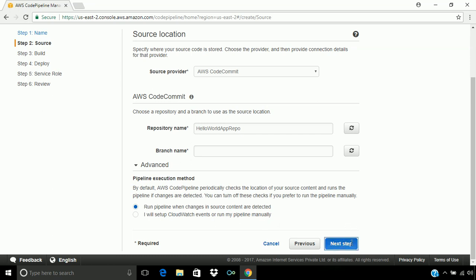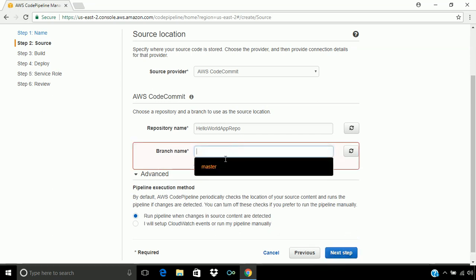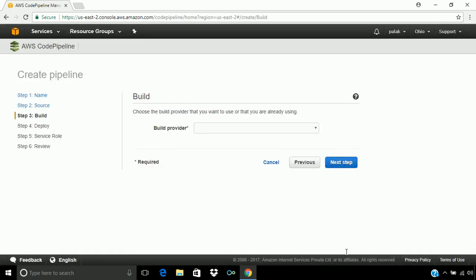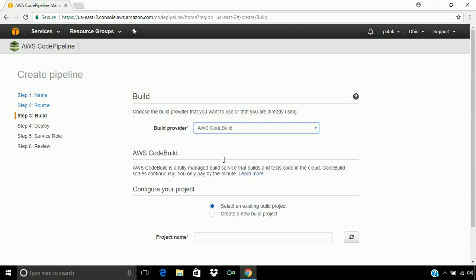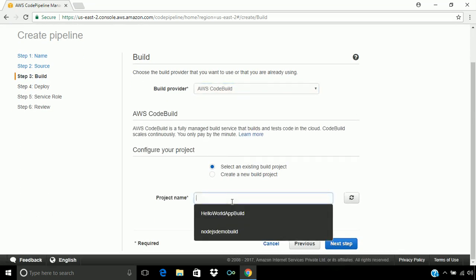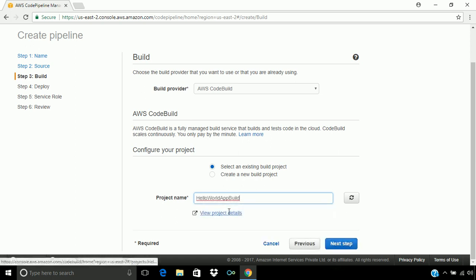So let's go to the next step. Select the branch name that is master, and let's go to the next step. Here we can also avoid the build if we don't want to. But in our case we will select the AWS CodeBuild. Now we will select an existing project that is hello world app build, and here the project